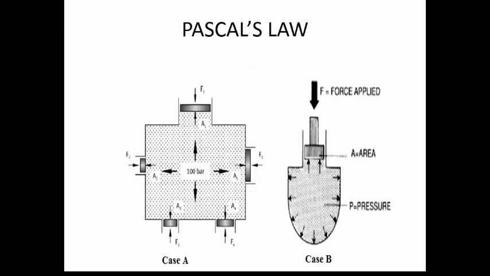So you have to know the area, then if that area is moving, then we know what is the force that is being generated by the movement of that particular area. So usually the moving element is called the piston. So for 100 bar pressure, if you are having an area A5 here, then 100 into A5 will be the force generated at this particular piston. So like that at different pistons, we can calculate what is the force generated. So this is the basic Pascal's law. This is the principle behind the Bramah press.